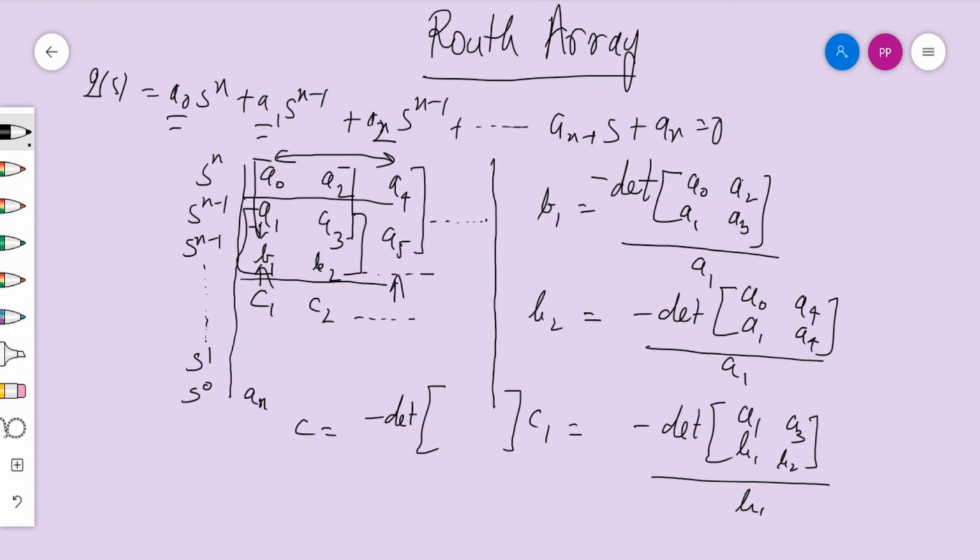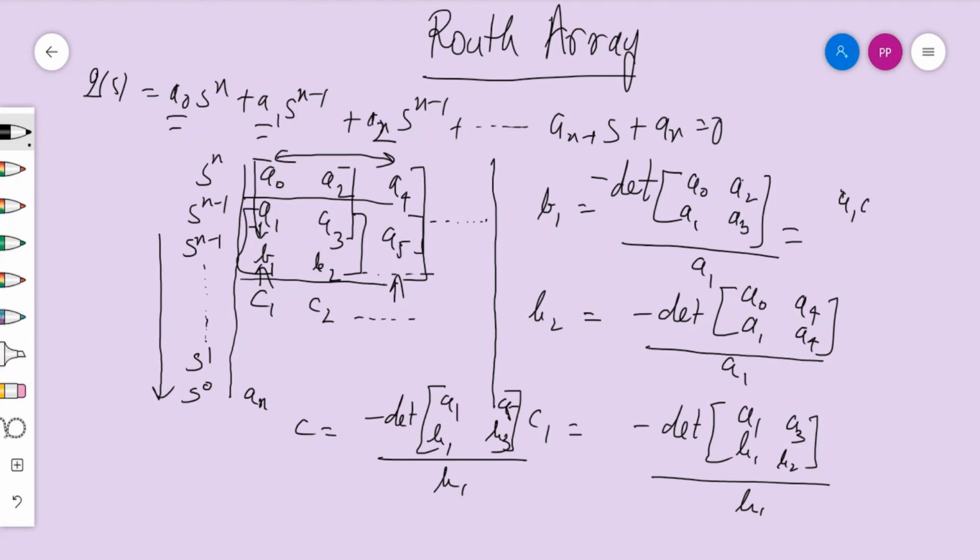So this is a1, b1, then a5 and b3. This is b3. This divided by b1. So likewise we can obtain all the coefficients starting from b1 to bn. So with a little more simplification I get b1 equal to